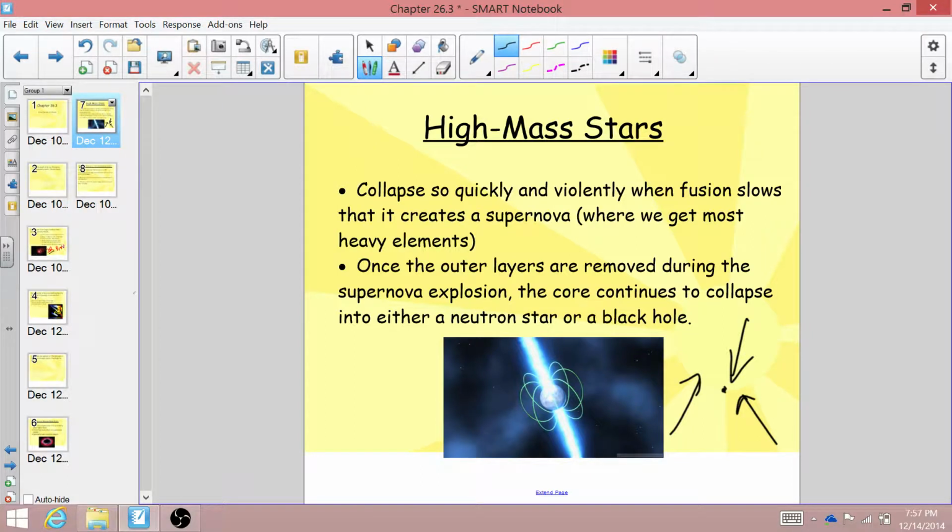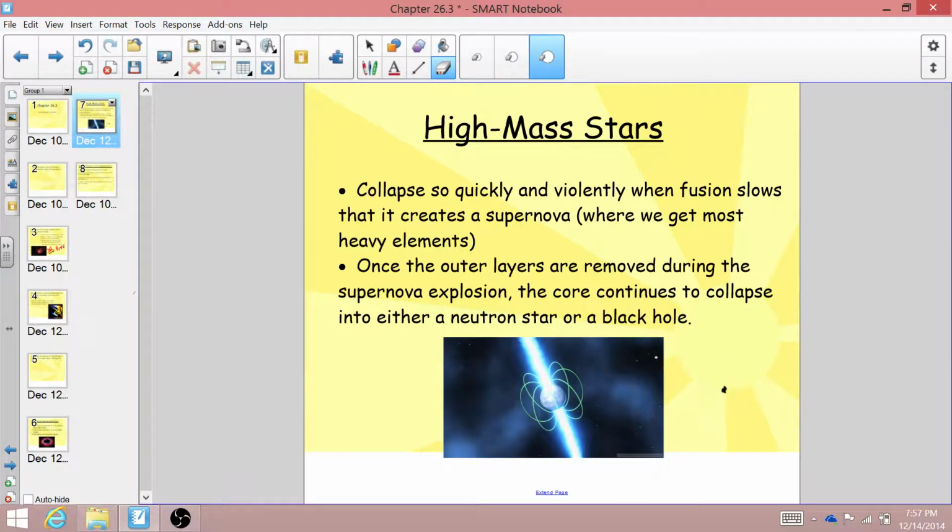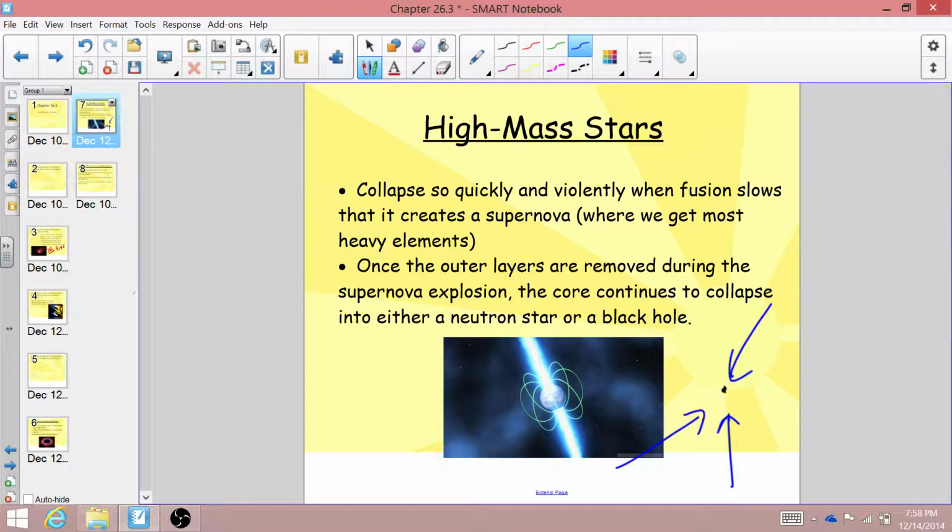And this seems really counterintuitive, but we're going to talk more about black holes in a little bit. But basically what this means is when this really, really massive, incredibly massive point in the middle of space interacts with any other thing in the universe, whether it has mass or not, the gravitational pull is so strong that it pulls everything toward it, and eventually things cannot escape its gravitational pull.